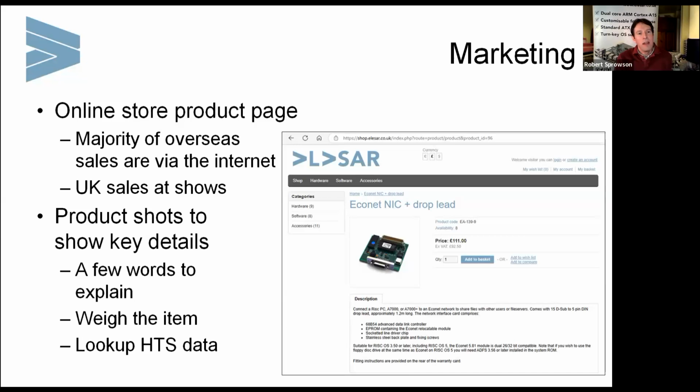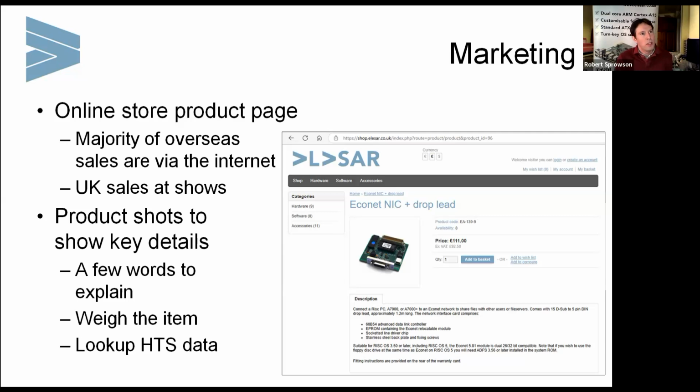In the UK, the shows are probably one of the best places to disseminate new products, or to launch new products at, because people have made the investment to go to the show. So they're avoiding paying the postage for a start, but they're also getting to see the item in person. For overseas, obviously there's a lot of expense traveling to the UK to visit a show, so most of them go over the internet for overseas sales, and therefore you need a website, and the website needs